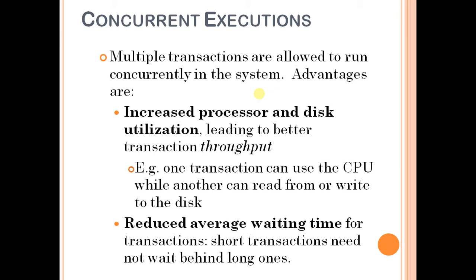For example, your bank account can be accessed by you through a mobile app. At the same time, your brother or sister can access your account via ATM. At the same time, somebody can access your account through a bank counter while using a check. So, by chance, it can be possible that all three transactions are executed at the same time on your same account. So, in this case, a number of problems can occur.